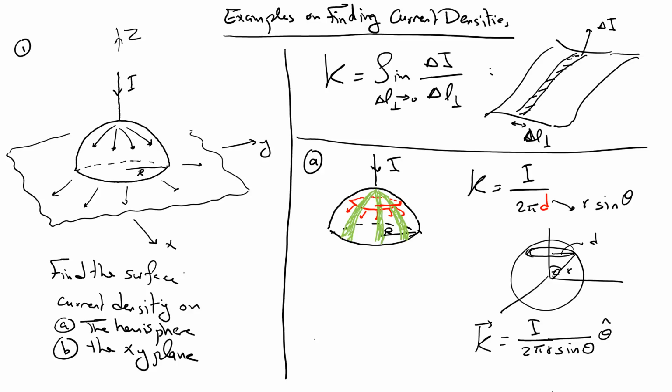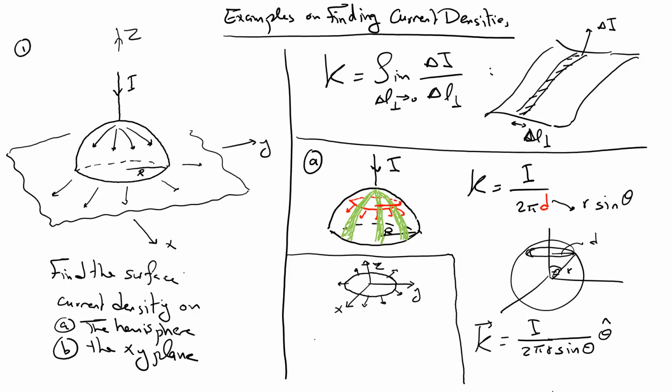Part B is exactly the same. The only difference is, again, the total current is distributed isotropically in all directions. So what you need to do is something similar, but now in the xy plane. So let's forget about the half sphere, and let's just draw a circle which sits in the xy plane, and over the circle the current will be distributed